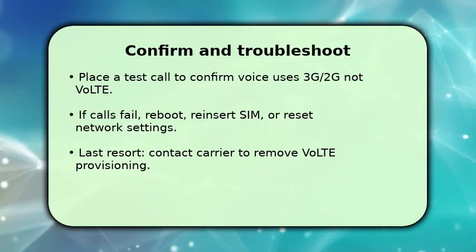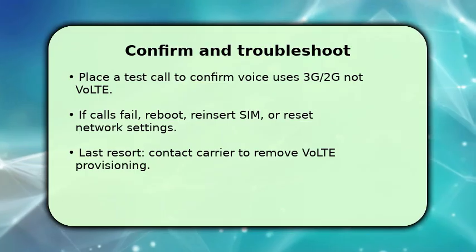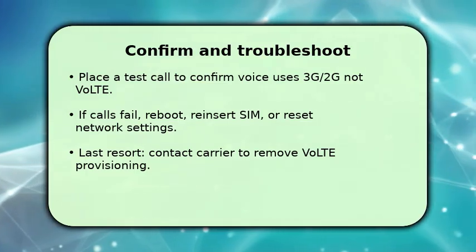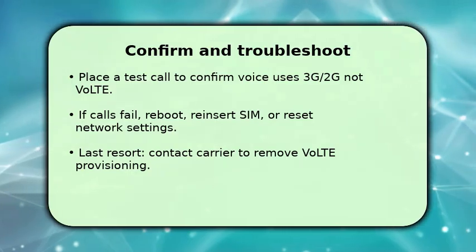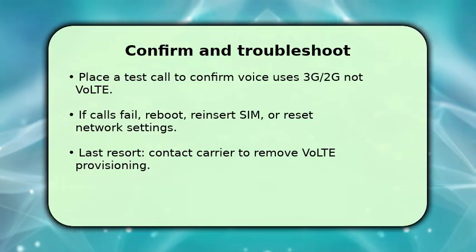If calls fail or you still see VoLTE LTE, reboot the phone and reinsert the SIM, then reset network settings in System Settings to clear carrier caches. If the option persists or is forced by the carrier, contact your carrier and ask them to remove VoLTE LTE provisioning from your line